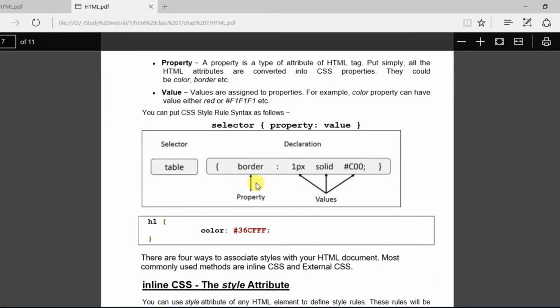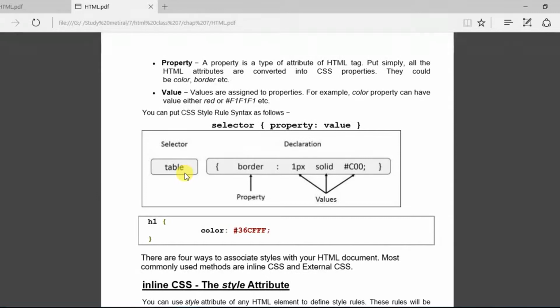The table is the selector, border is the property, 1px is the width of the border, solid is the style, and hash C00 is the color of the border. When we have passed all the properties in the CSS, we need to put a semicolon after the properties.